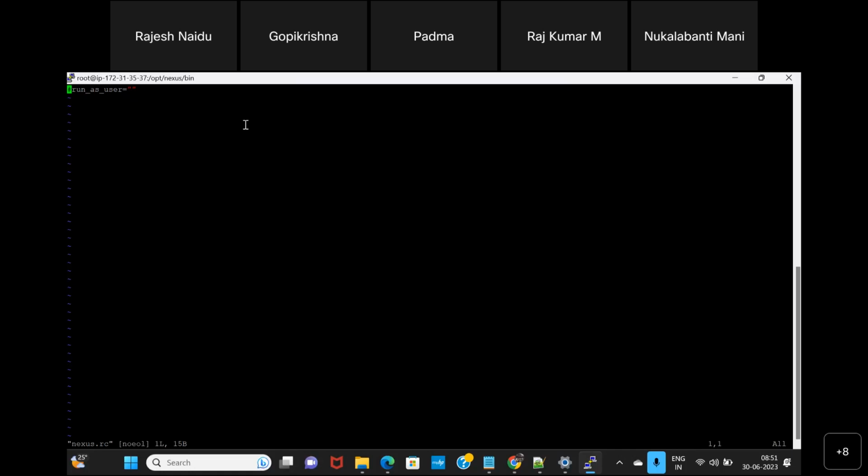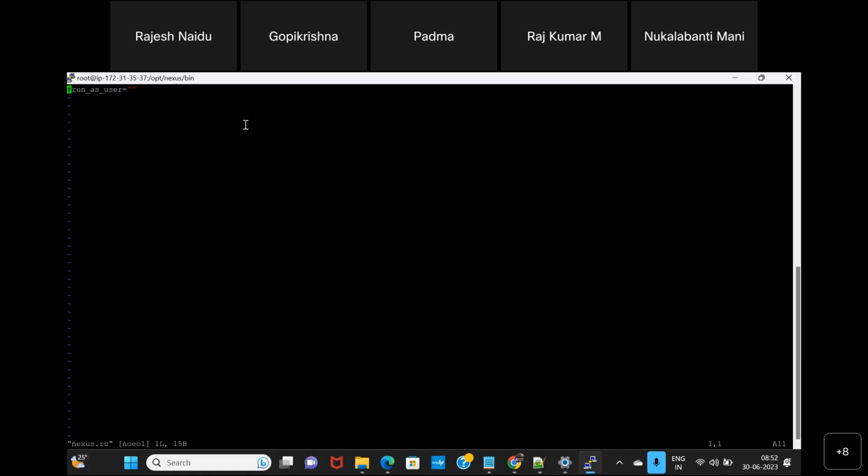But before you give that, there is a hashtag, right? Currently it's showing in green, meaning it is commented out, so we need to remove it. Right now I'm not doing anything. First I have to explain all these things, and later I'll change the name and log into the server. So press Escape,